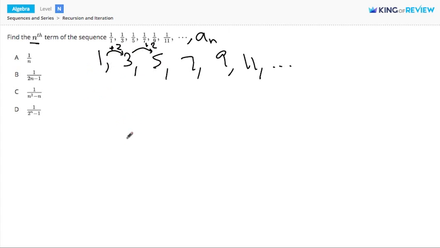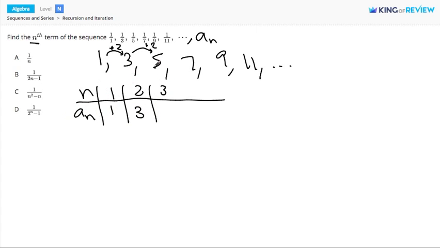So let's make a little table here to help us out. We'll make a table of n's and an. So the first term, the denominator is 1. The second term, the denominator is 3. The third term, it's 5. The fourth term, it's 7. In the fifth term, it's 9. And in the sixth term, we have 11 for our denominator. Let's see if we can find a nice pattern that takes us from the top row to the bottom row